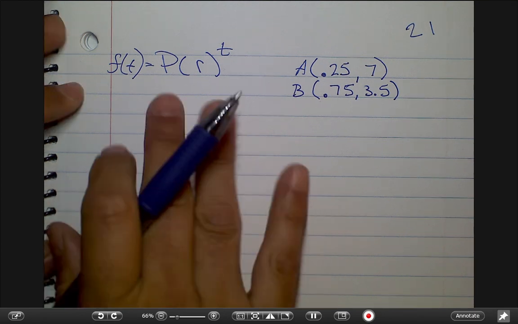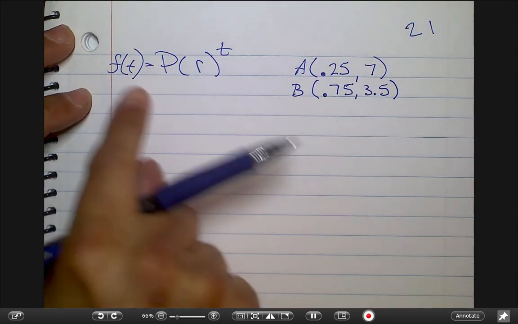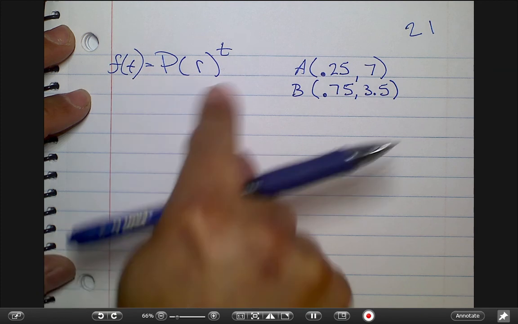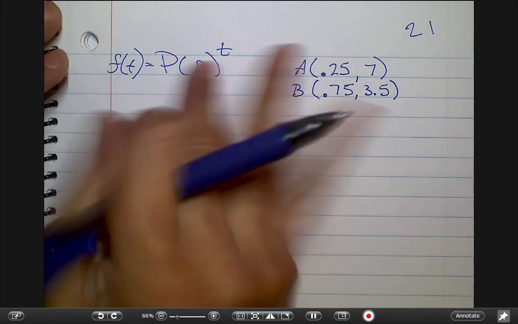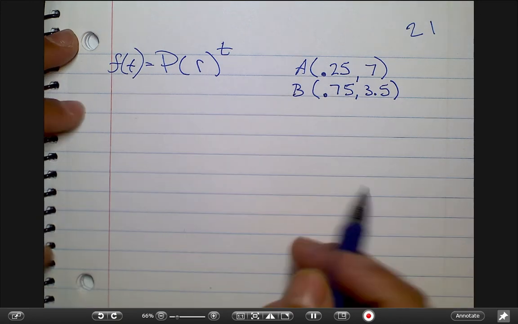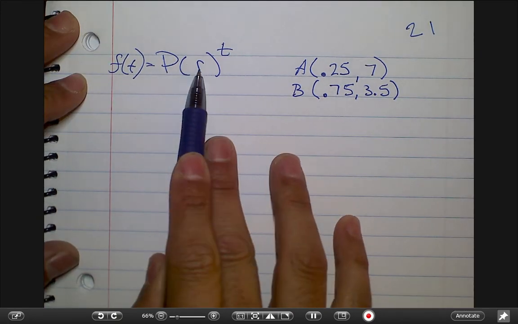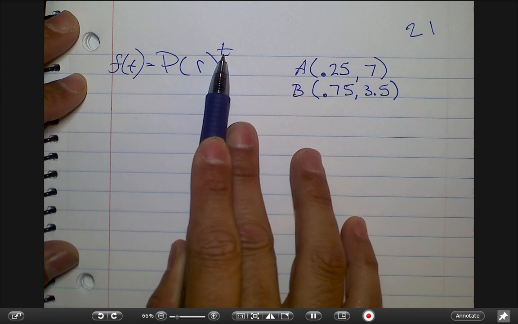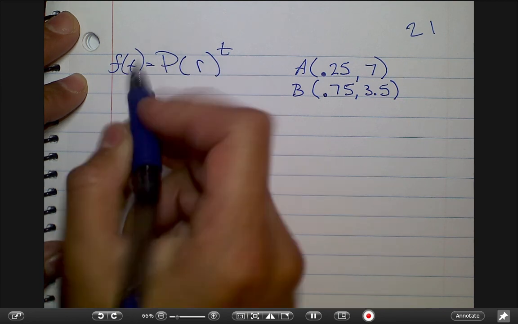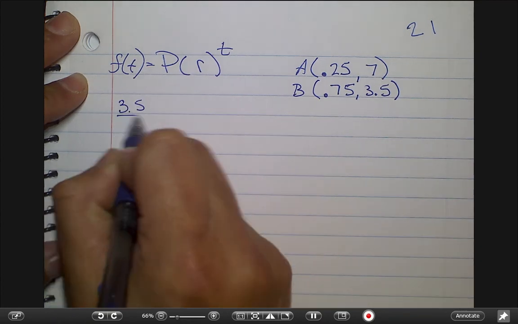So, okay, I'm going to do some of the work, and I'm going to show you where this comes from. Then I'm going to make it simplified for you. I'm going to do the work to show you if you guys want to copy it down or just watch my algebra. And then I'm going to show you how to actually set it up. Since I don't know this one, I don't know this one, but I do know this one. And I do know this one. So, my end result should be a 3.5 over 7